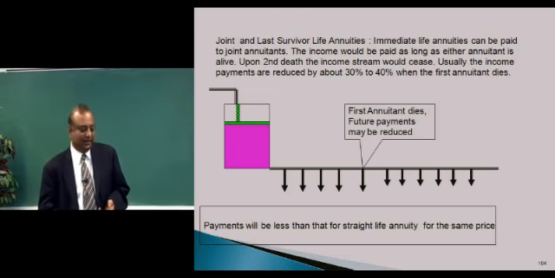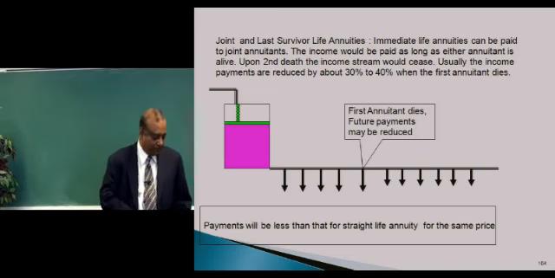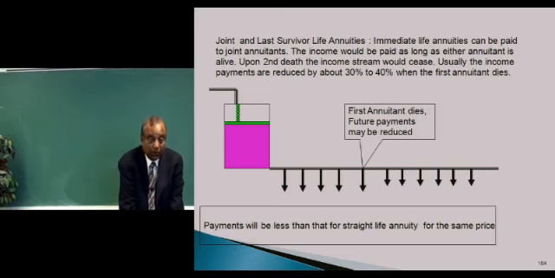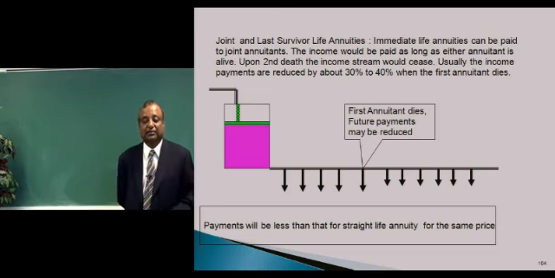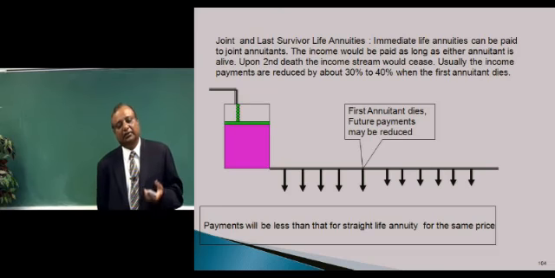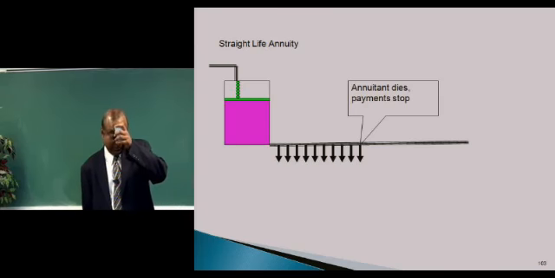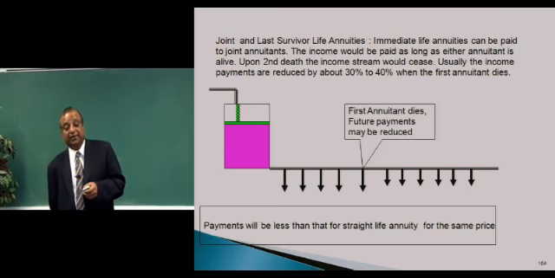You will recognize this as the pension annuity for a married person. A person who is married gets a normal pension when he is living. But if he dies, his spouse receives the survivor pension, which is a reduced pension. This is a pension annuity. So obviously, for the same amount of money, the straight life annuity will pay more than the joint life annuity, because here two lives are insured. They pay for a longer period of time.